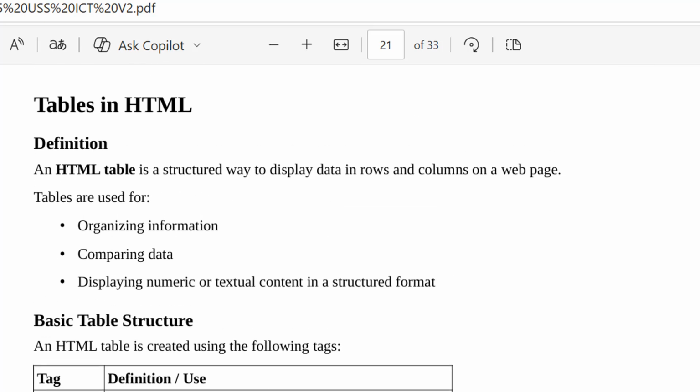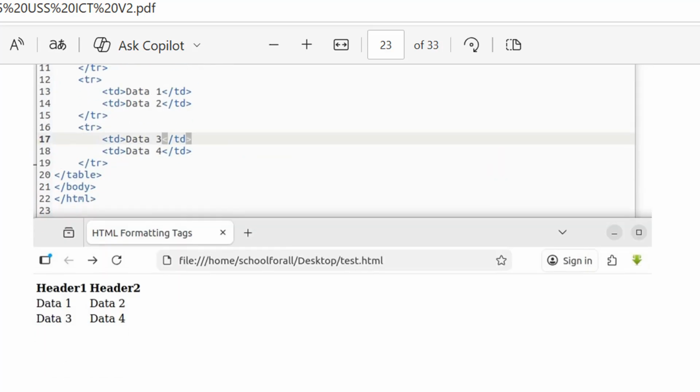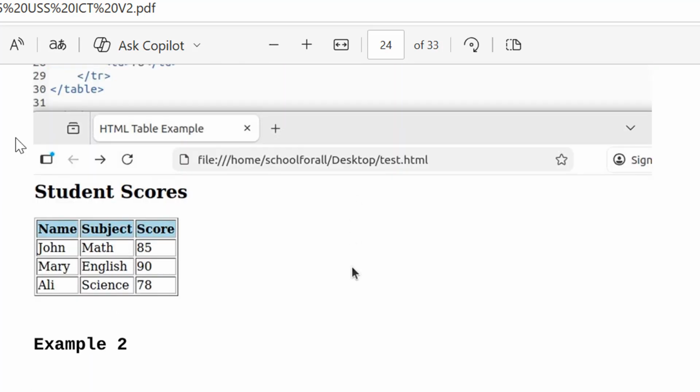Now let us meet in the next video. In the next video we are going to study how to draw tables in HTML. For example, if you have something like this, a table here, how to draw this type of thing in HTML. So in the next video we are going to discuss that, because it's very, very important,